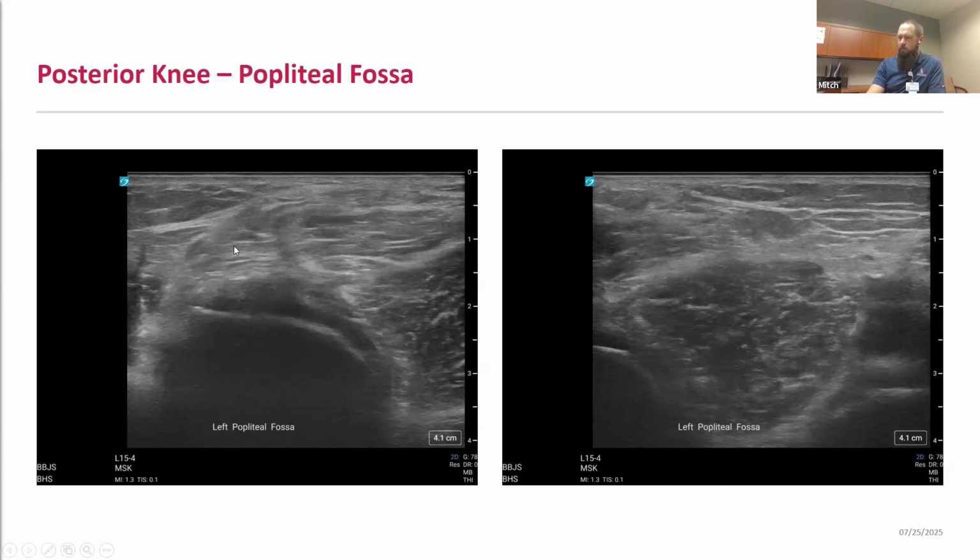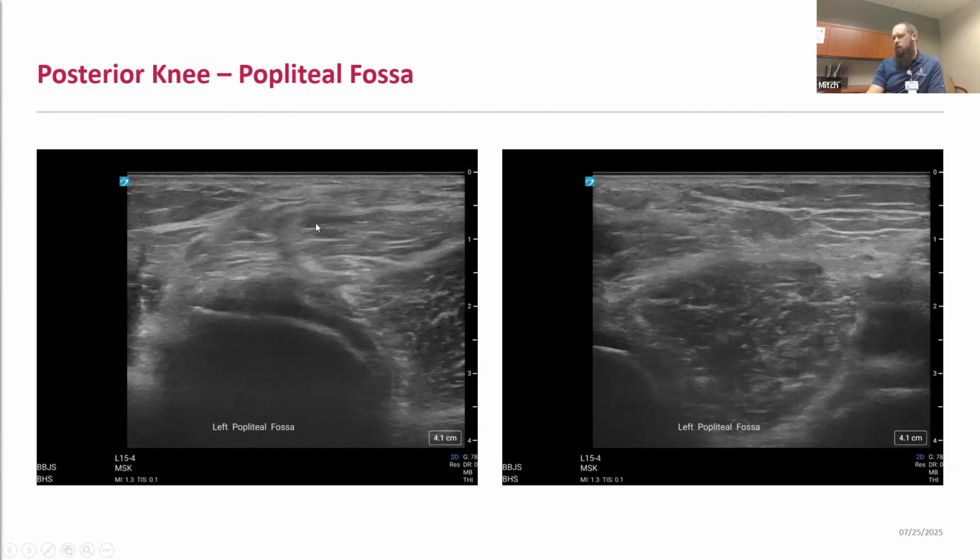And so this area is important to evaluate because this is where you're going to identify Baker's cyst if present, which you'll see fluid extending underneath the medial gastroc, and then that fluid gets pushed through the medial gastroc and the semimembranosus, which acts as a one-way valve, and then you will often get collection of bursal fluid present here as a result. And so this is the anatomy that you'll be looking for at the posterior medial knee in evaluating for a Baker's cyst.